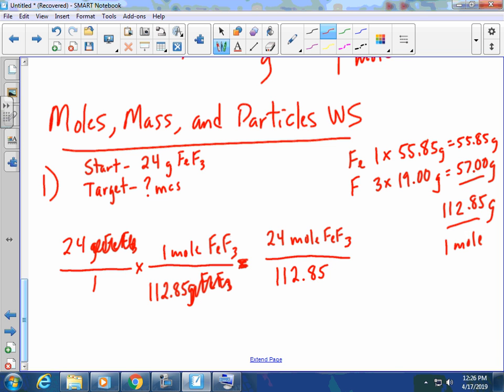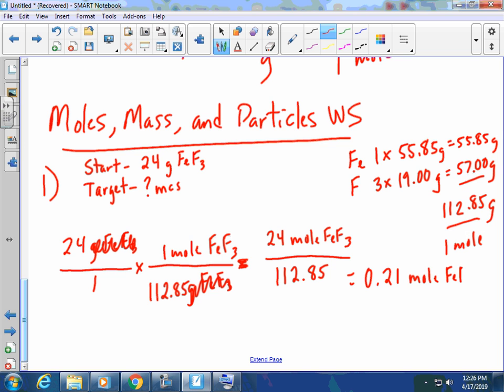And now what I'm going to do is take the 24 and divide by 112.85. 0.212. So yeah, it's more than a fifth, less than a sixth. They only gave us 2 numbers, so I'll leave it at 2. So 0.21 moles